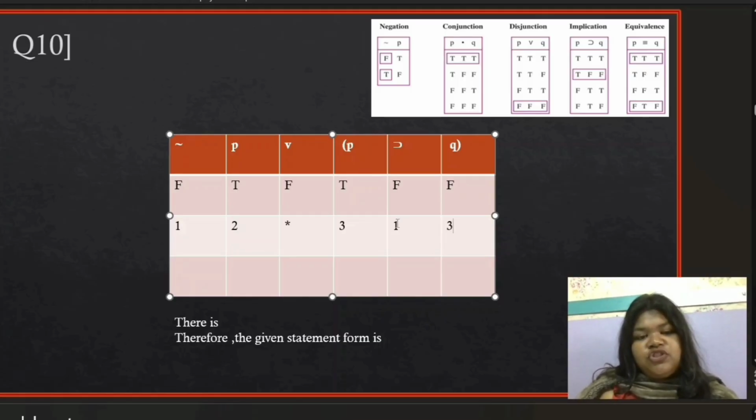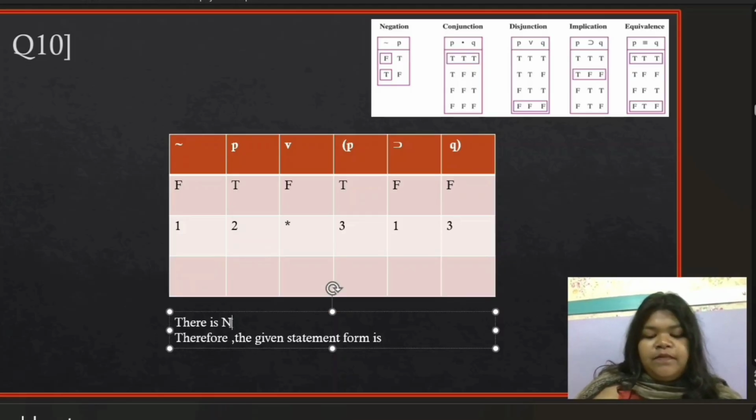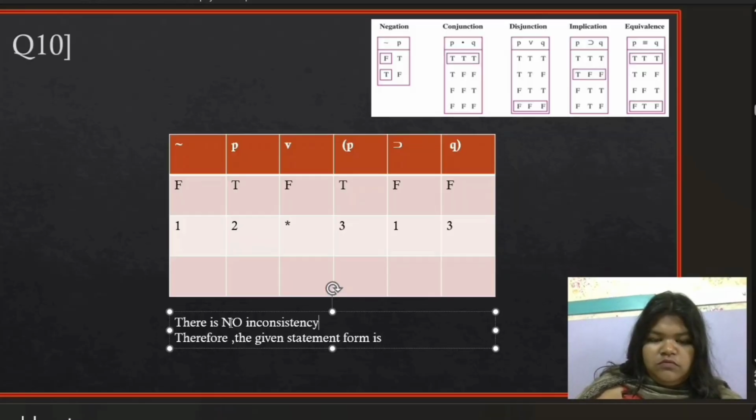Now we have to just check. TFF जा रहा है. F be correct. Now here P is true. Here is also Q. Q तो है ही नहीं. So everything is correct. There is no. Therefore, the given statement form